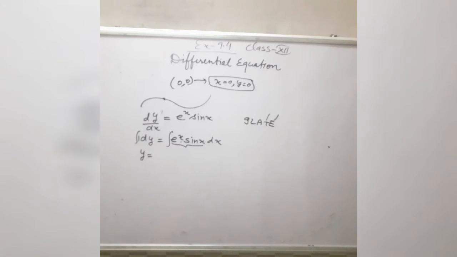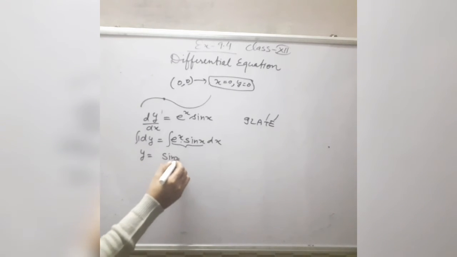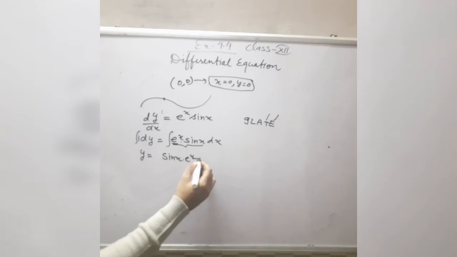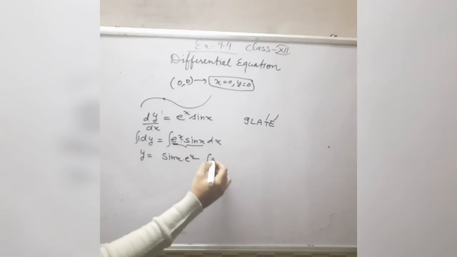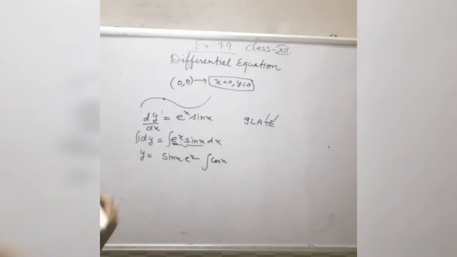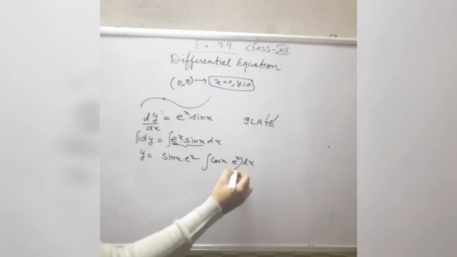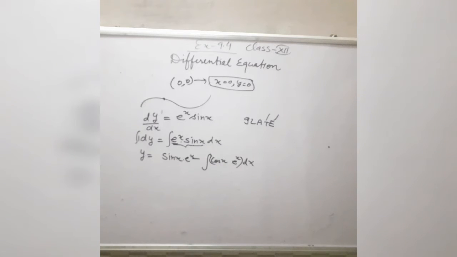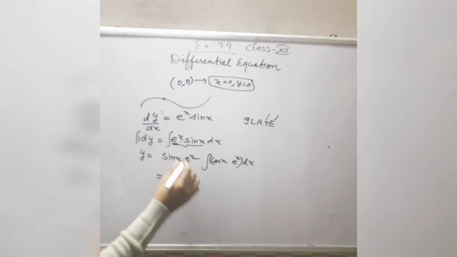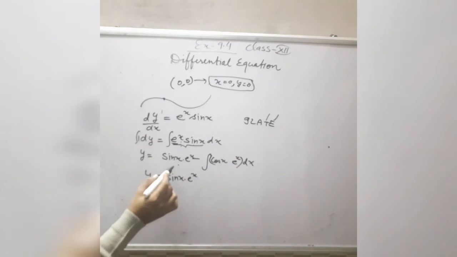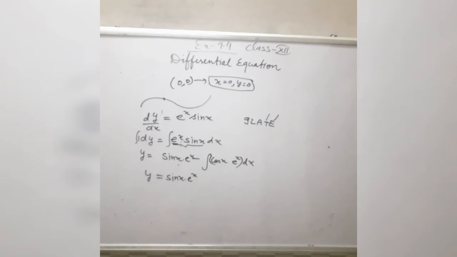So here you will write down the first function as it is, the integration of e raised to power x, again e raised to power x, then minus sign, integration sign, the derivative of the first function, the derivative of sin x is cos x, then the integration of the second function e raised to power x, then the whole integration with respect to x. So it gives you sin x. I have integrated this term with the help of integrating by parts. Already all of you have done this topic in the 7th chapter. So sin x e raised to power x.